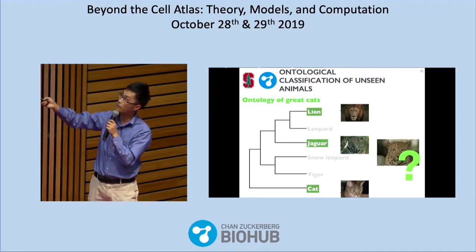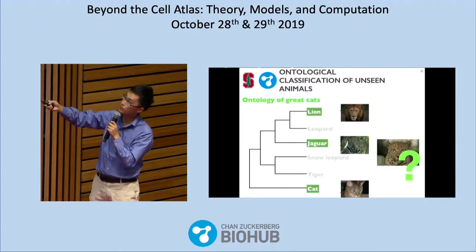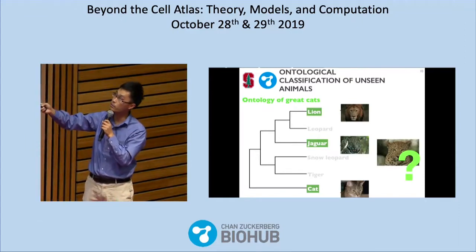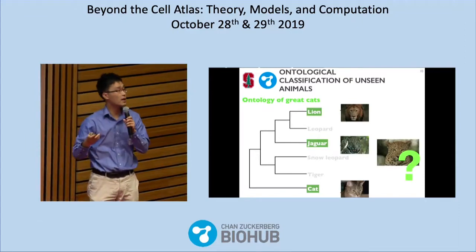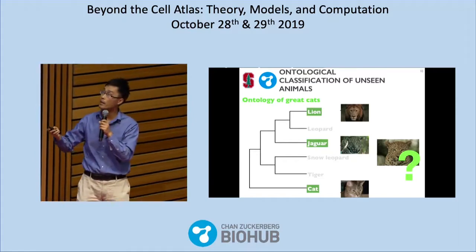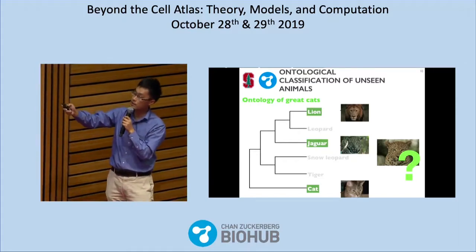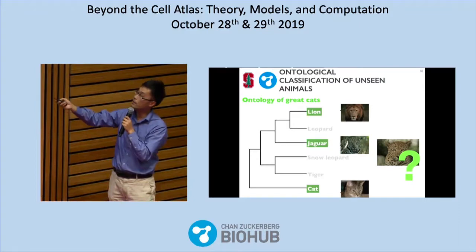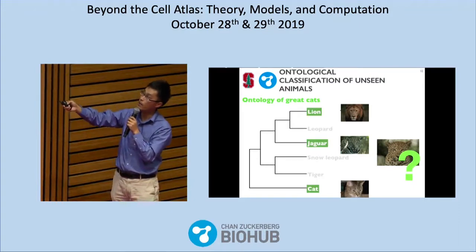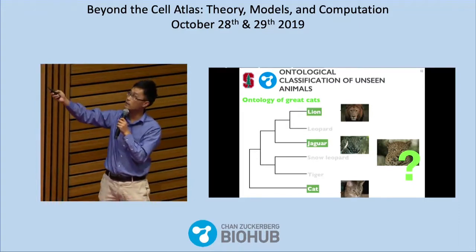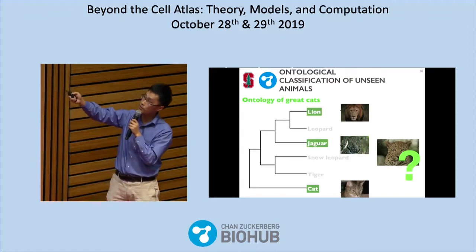And now I have a new image, which should be a leopard, but because we have never seen a leopard before, we cannot correctly classify this image. What we do is use this ontology to infer that this image is actually a leopard. How do we do that? We found that although it doesn't belong to lion, jaguar, or cat, but this image